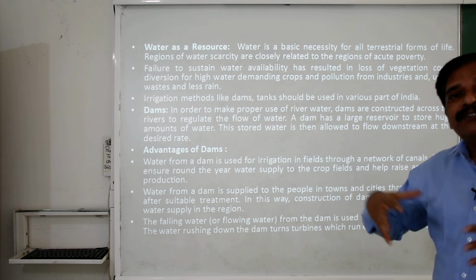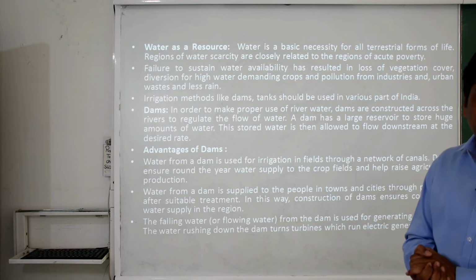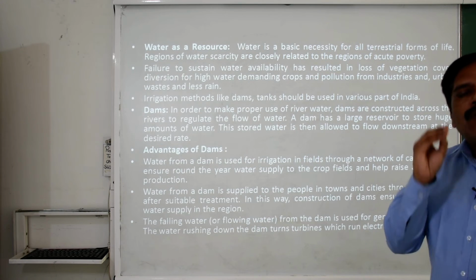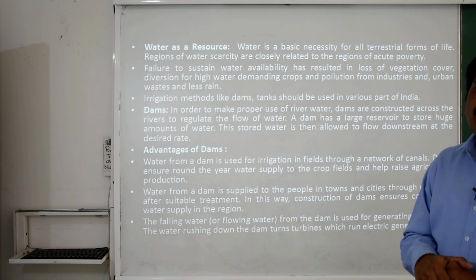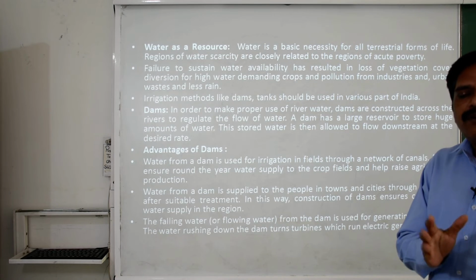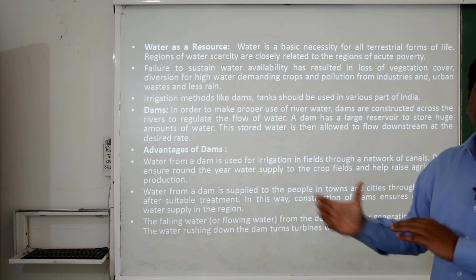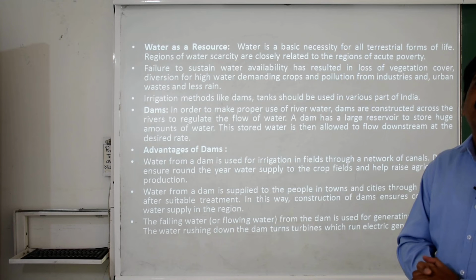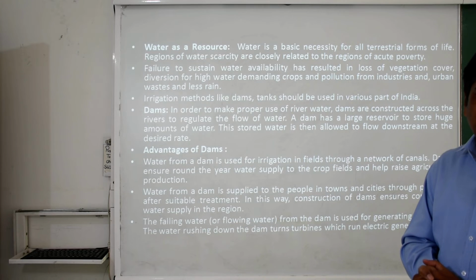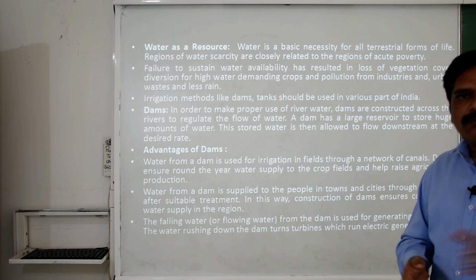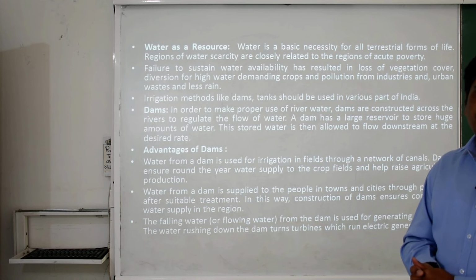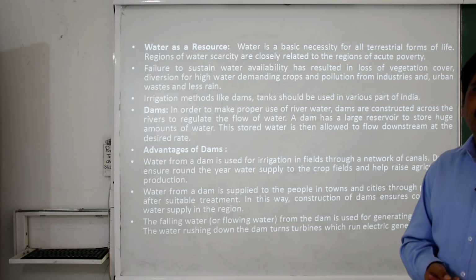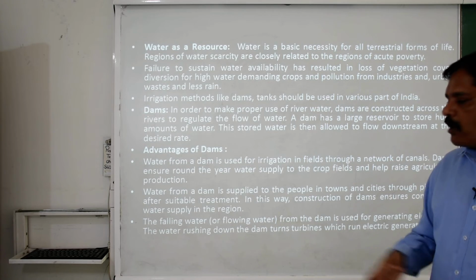It is responsible for recharging the local water resources. Okay, not only this, it also makes sure of the whole year availability of water. Okay, you know how the Indira Sagar dam and the Indira canal are actually helpful to make sure of water in Rajasthan, the total desert area. Okay, you know about the Sardar Sarovar project. Okay, this dam is actually constructed on the Narmada river in Gujarat. Clear? How useful it is.